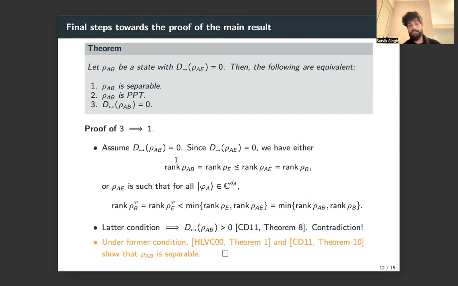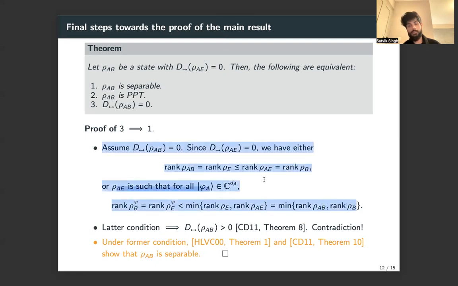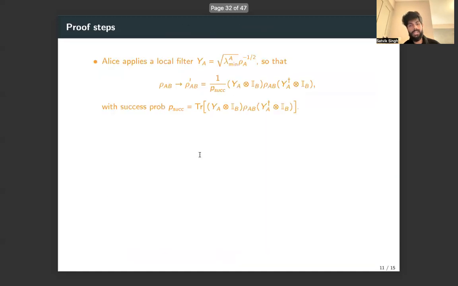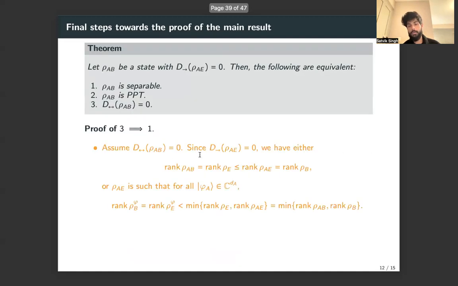If the former condition is true, then you can apply some previous results by Horodecki and Vidal, Chiribella, its early results from the 2000s, and a relatively more recent result by Chen and Dokovic, I believe, again, to show that your state is separable. So the crucial part was this first reduction, in which we employed our previous theorem, this one, and then you can use previously known results to obtain